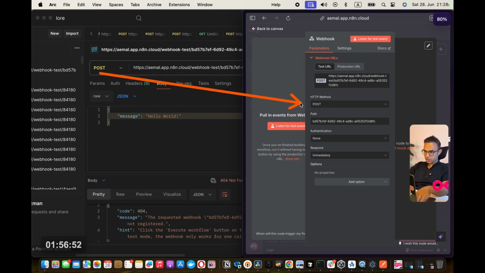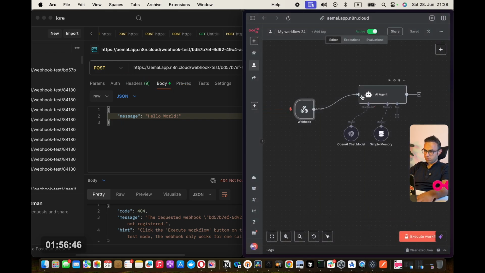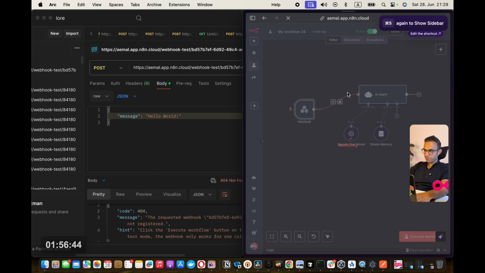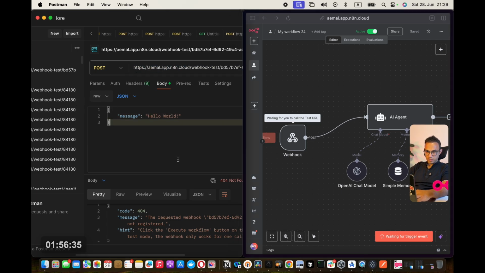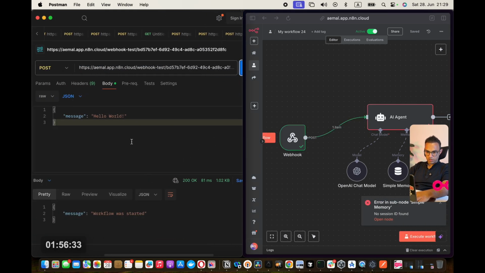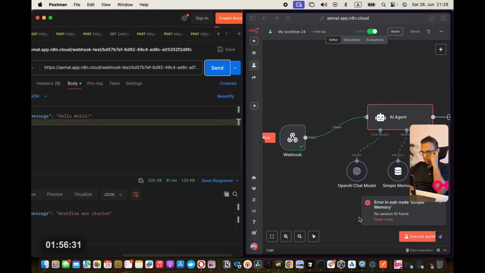This method needs to match this method. Always keep an eye on that. So I have post, copy, refresh, save, refresh the page, execute the workflow. It's in running mode. Make sure that this is the right one. It should just work fine. There we go. So it started executing.